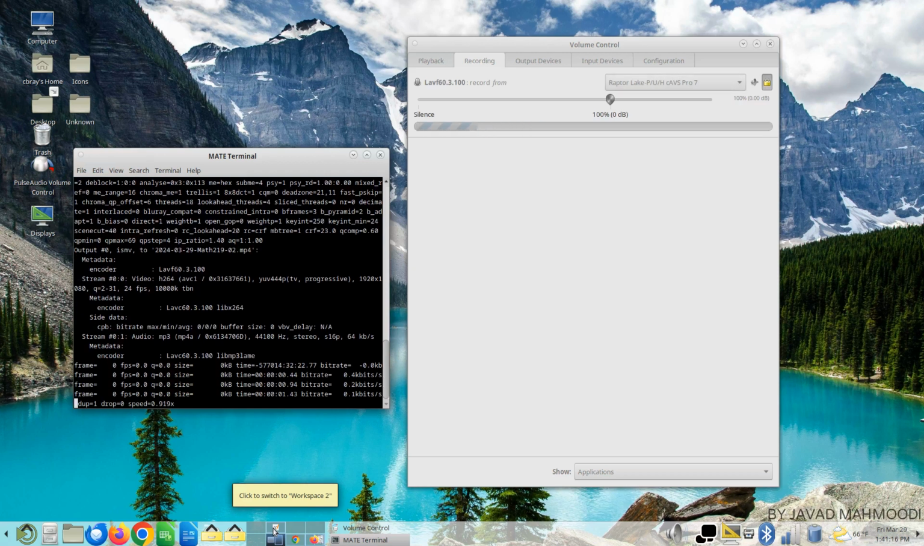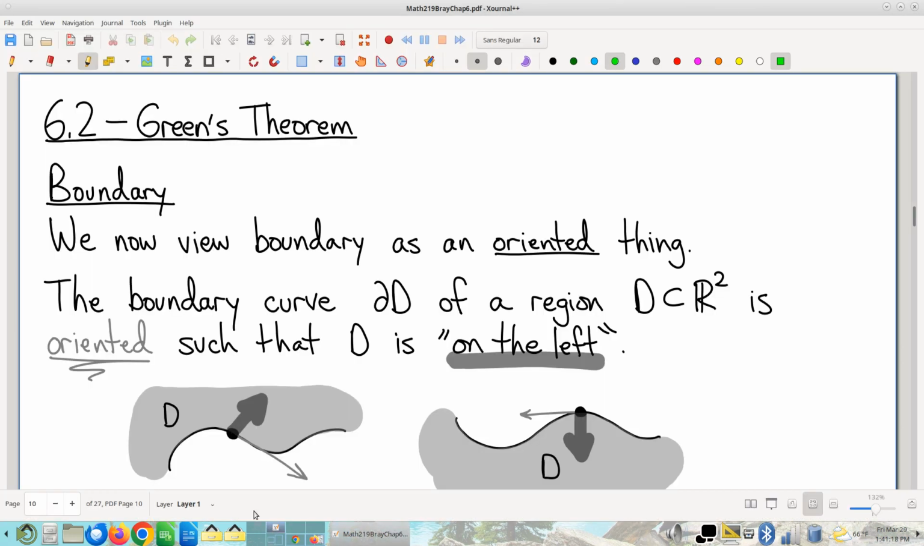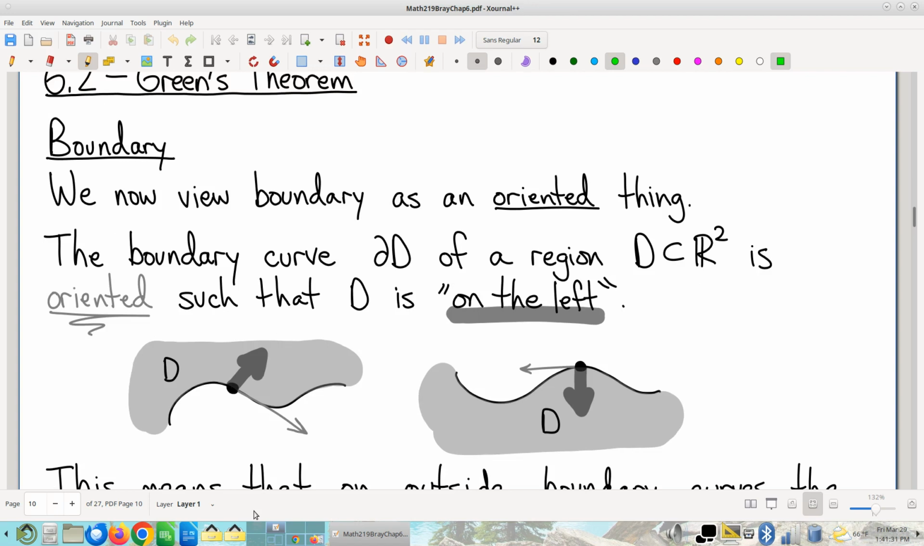Okay, so off we go. Right, so last time we were talking about Green's theorem. Well, kind of. Last time we were laying groundwork for Green's theorem. We never got around to actually stating the theorem. We'll do that today. So let me just remind you, though, of some of the big ticket items that we